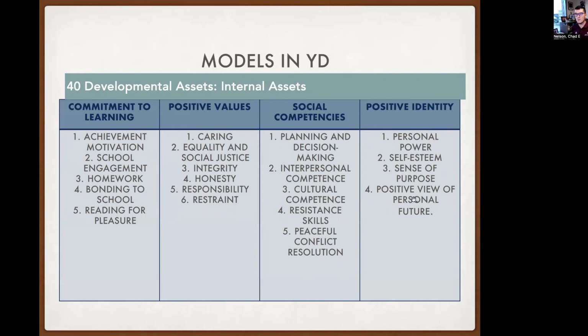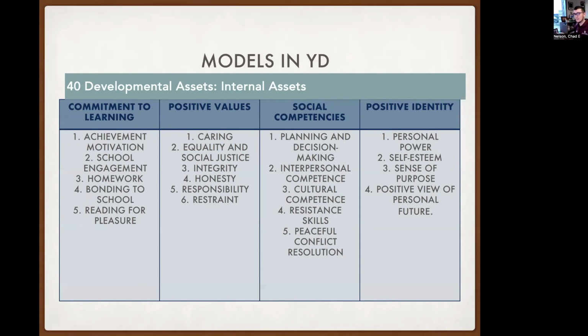The program that I operate, you can see it right behind me, I've been there for 8 summers. I work with 10 to 13-year-olds, and that positive identity, number 4, positive view of personal future. We have questions like that for the 12 and 13-year-olds. What do you see yourself doing? And quite often we would get the response of, I don't know. I haven't thought of myself. It's just day to day at the house. And that could be for numerous reasons why they haven't thought beyond 5th grade.